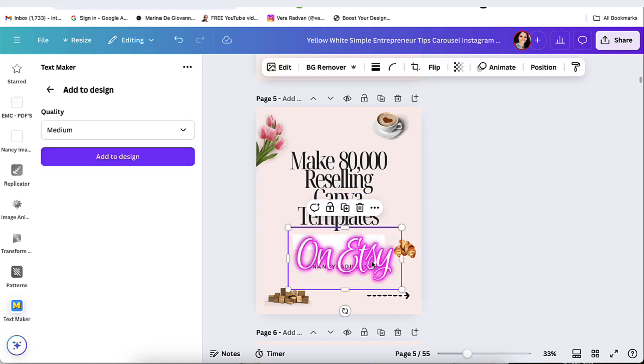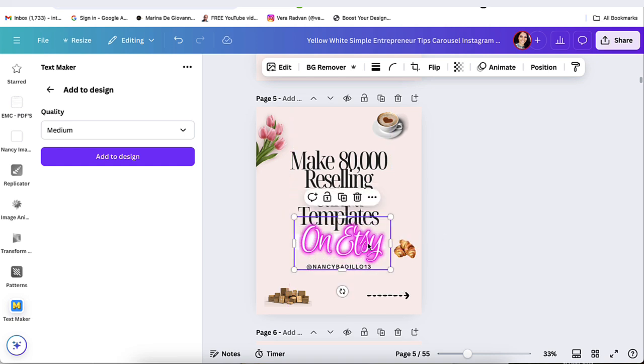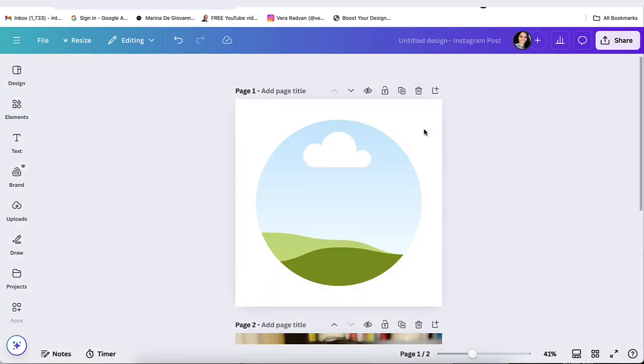And you could go ahead and resize it and make it fit. But look at how great that looks. All right, so the next app is called Design to Image. And it's going to save you so much time, especially when you're creating your profile images for social media, maybe